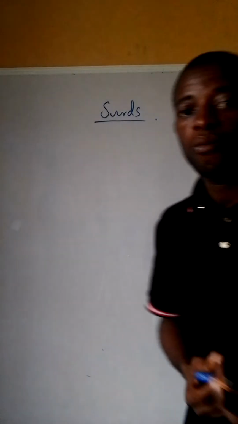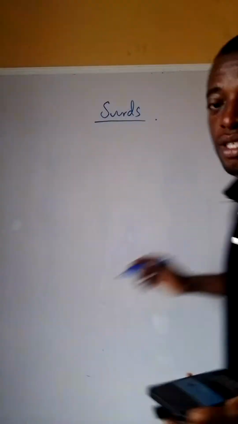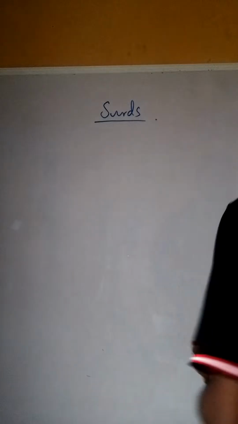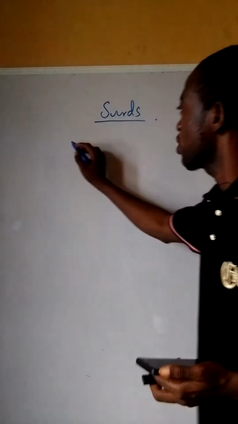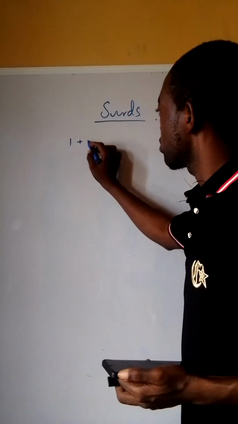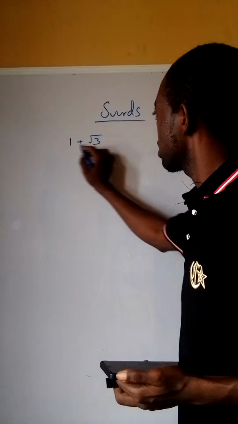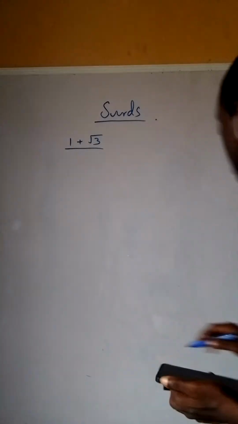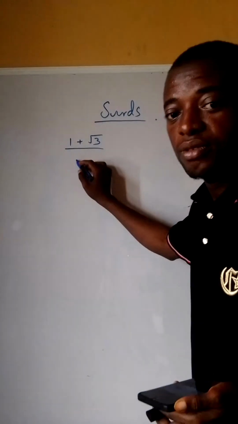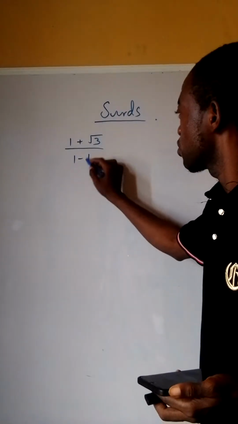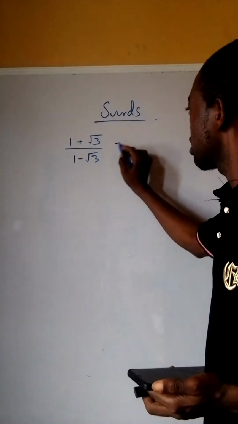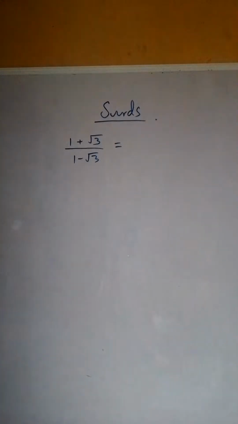So let's look at the first question here. You have to simplify 1 plus root 3 divided by 1 minus root 3. Now, we rationalize here, that is,